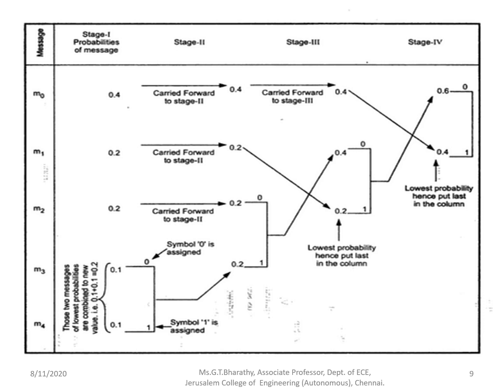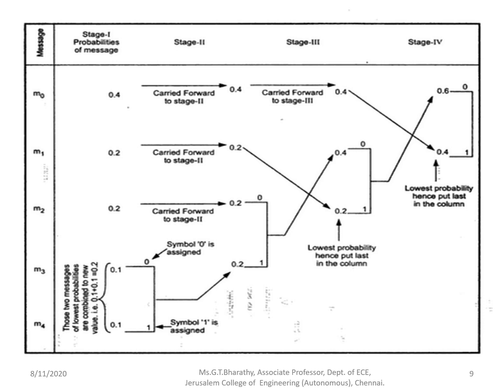So what is the next step? We have to assign 0 and 1 to the last two probabilities: 0 to the top probability and 1 to the least value. After assigning 0 and 1, we have to add the last two probabilities, which is 0.4 plus 0.2, will give you the value 0.6. So 0.6 will come to the top of the table and this 0.4 will be substituted here in the second stage. Again we have to assign 0 and 1. Now you can see the summation of these probabilities will always be 1. 0.4 plus 0.6 is 1. And this is the last step. Further we cannot repeat any other steps. So we have to stop with this.